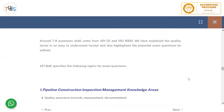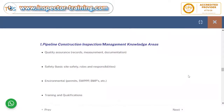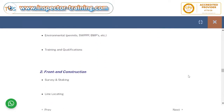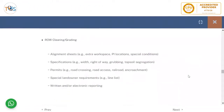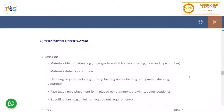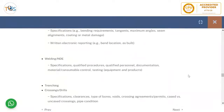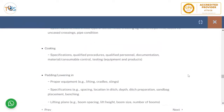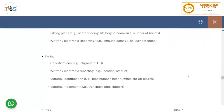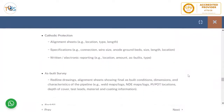The API body of knowledge specifies the following topics for exam questions: pipeline construction inspection, management knowledge areas, quality assurance, safety, environment, training and qualification, front-end construction, survey and staking, line coating, right-of-way clearing, grading, installation construction, stringing, bending, welding, NDE, trenching, crossings, drills, coating, padding, lowering in, tie-ins, back-end construction, cathodic protection, as-built survey,